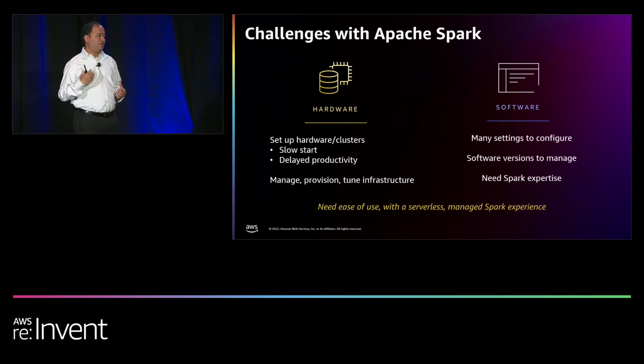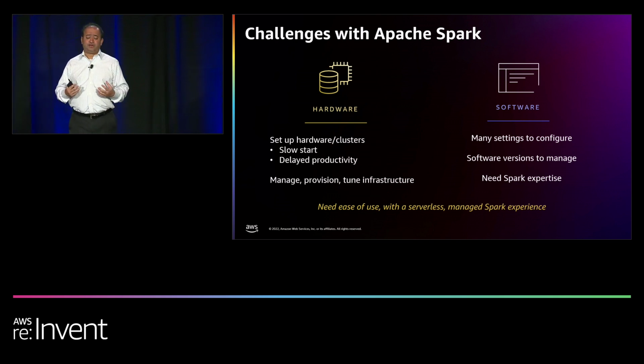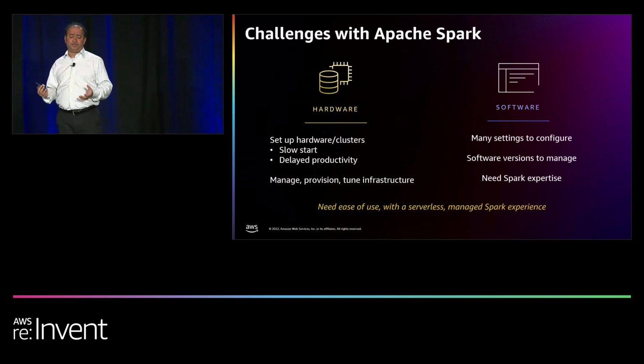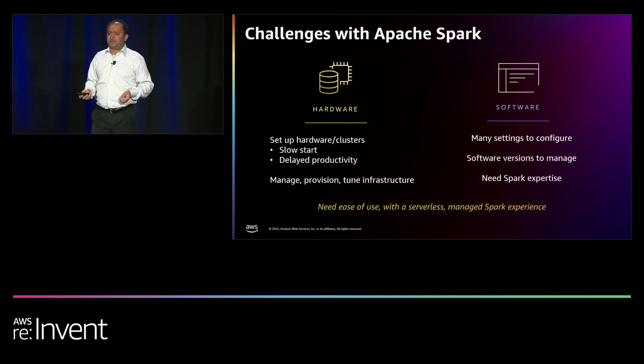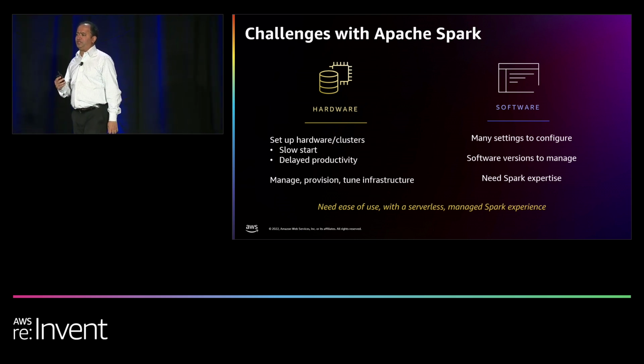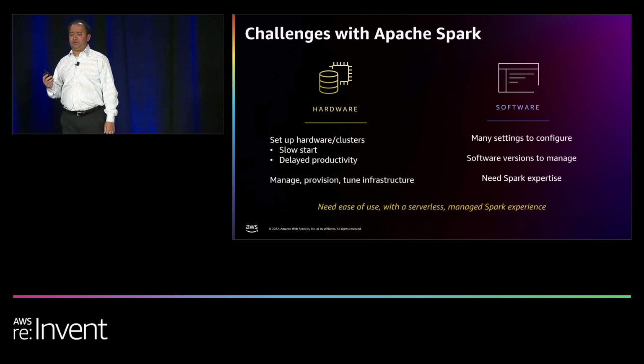The other part of it is, if you are going to set up interactive applications, you want a fast start. Typically, setting up clusters to get that start going takes some amount of time, which is time wasted in terms of lost productivity. We have customers who set up an idle pool of warm resources waiting for interactive users, but of course, this leads to wasted idle resources. On the software side, Apache Spark requires you to configure settings. It has a large multitude of settings, which you need to optimize so that your workloads run well. That is a big challenge for customers.